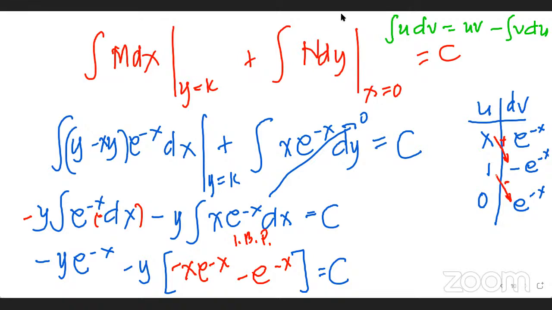So, ganito yung color. Tulad nito. So, yung u natin is x. Di ba? Kunin mo yung du mo and that is dx. And then your dv is e raised to negative x dx. Integrate lang natin to para makuha yung v. So this will be negative e raised to negative x. So ganun lang din. So u times v, di ba magiging negative x e raised to negative x, minus integral